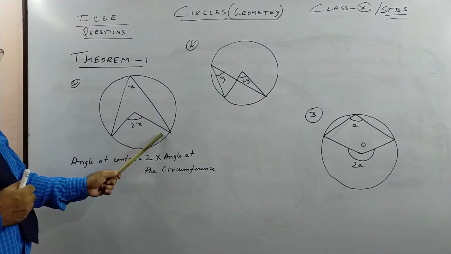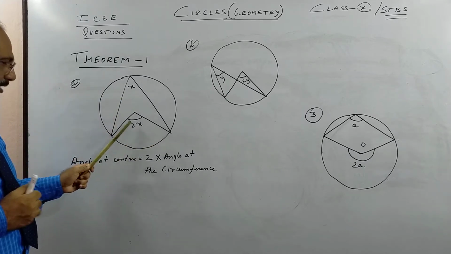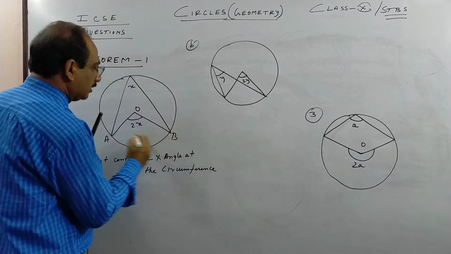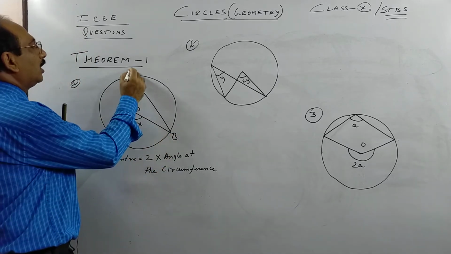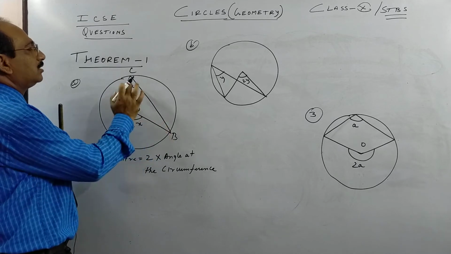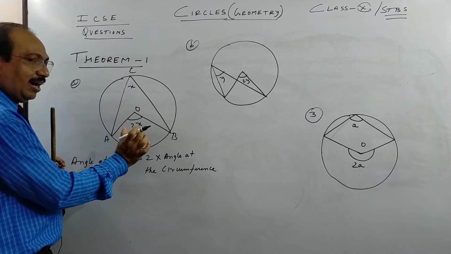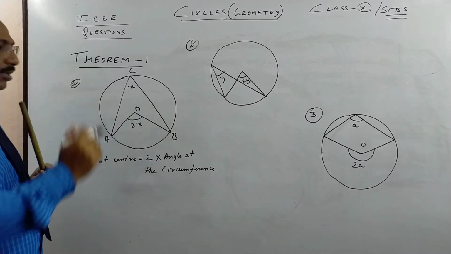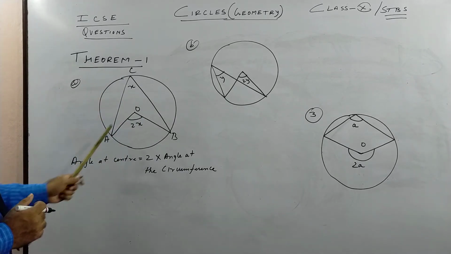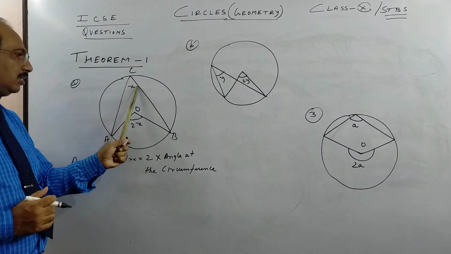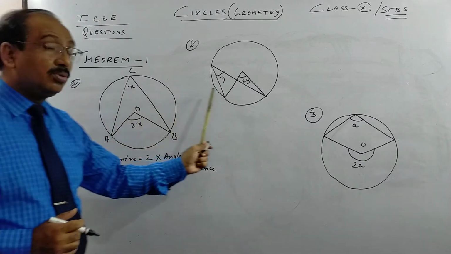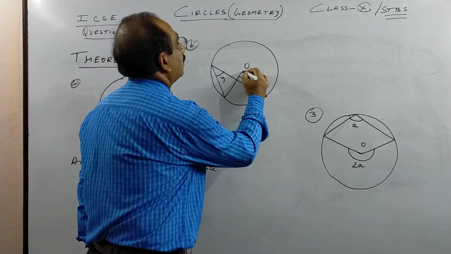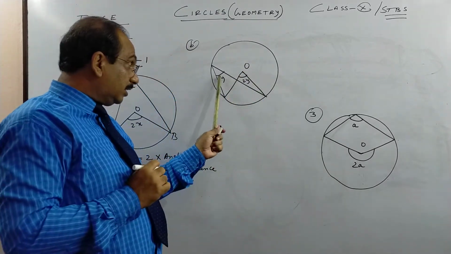So an arc of a circle subtends an angle at the center O, which is generally the center. Suppose the arc is AB. I told you what an arc is. And ACB is the angle that the arc subtends at any remaining part of the circumference. So what this theorem says is the angle at the center is double the angle at the circumference. So this figure may look like this. The angle at the center, let this be y. This is the center, children. So the angle at the center is twice the angle.